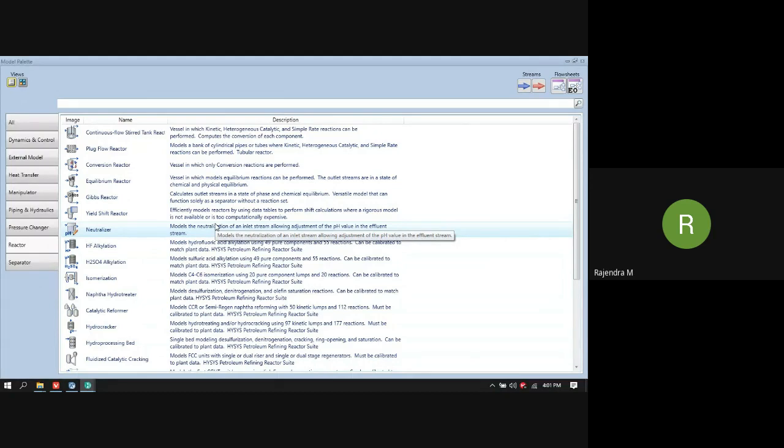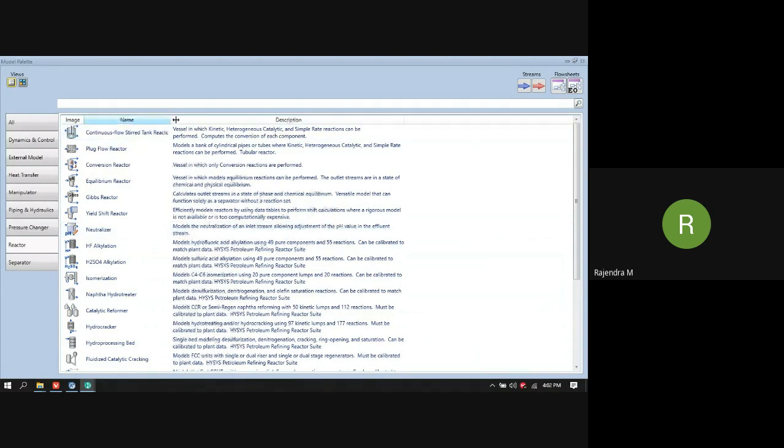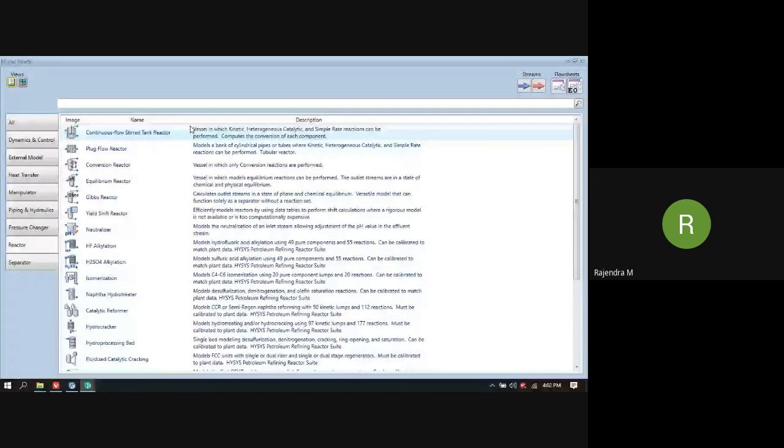Now, in Aspen HYSYS as well as Aspen Plus, we have different types of reactors. Of course, the continuous stirred tank reactor is there. There is also the plug flow reactor, and along with it there are other reactors too.